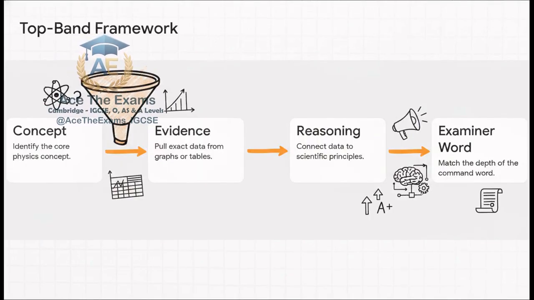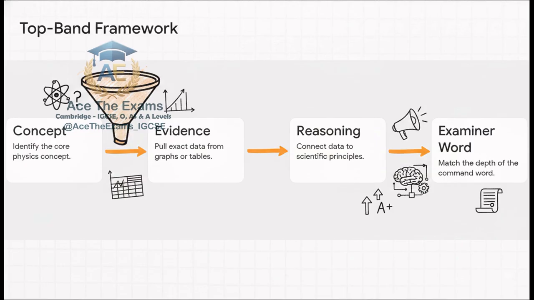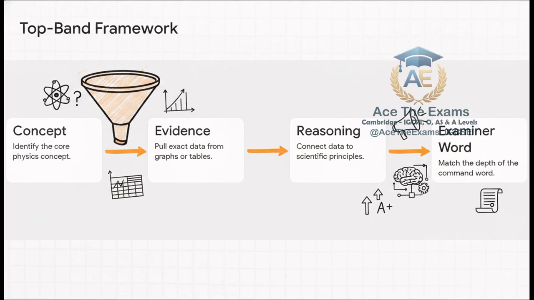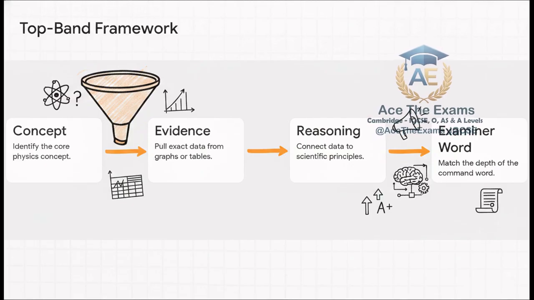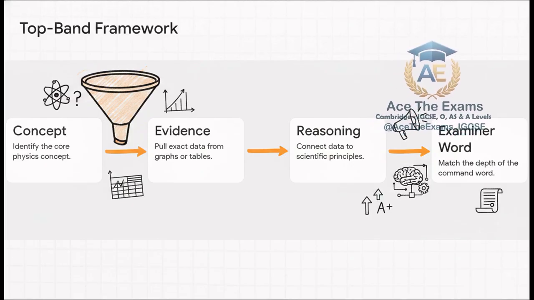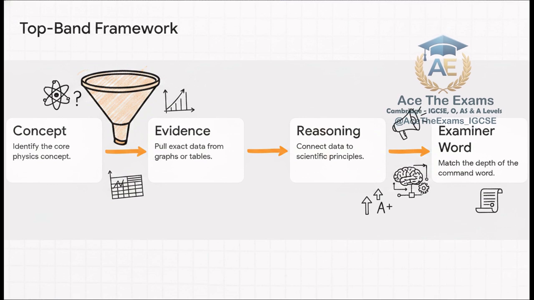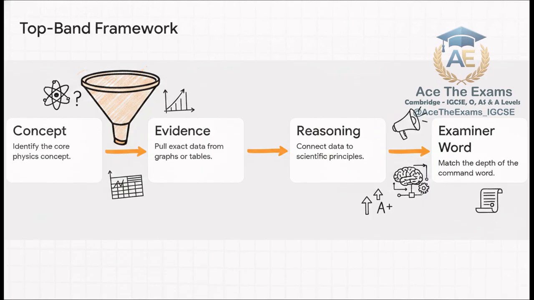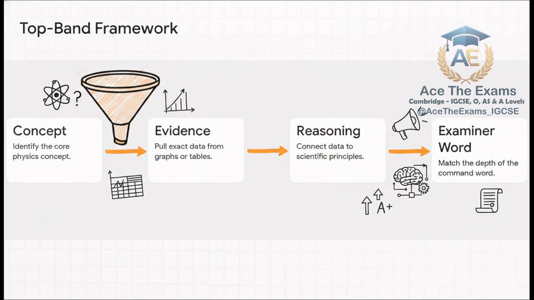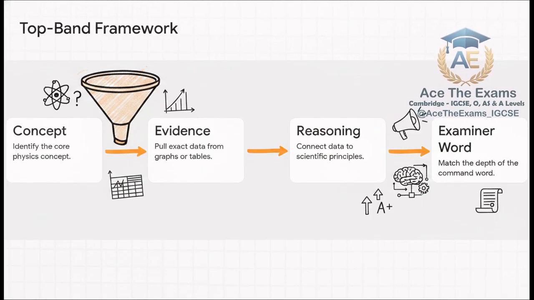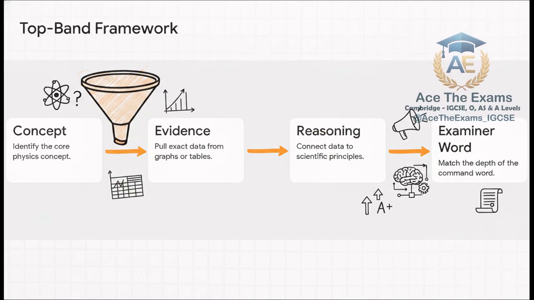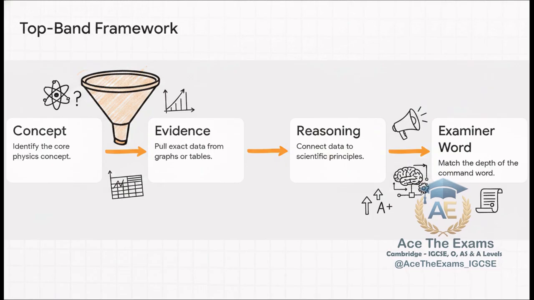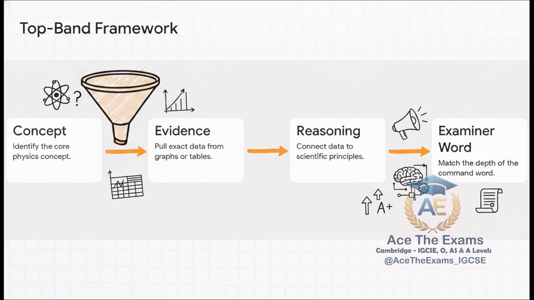The secret to fixing this is what we call the top band framework. Think of it as a 4-step funnel for exam success. Step 1, identify the core concept. Step 2, pull the exact evidence or data from the graphs or tables they give you. Step 3, apply your scientific reasoning to connect that data to the concept. And finally, step 4, package the whole thing using the exact examiner wording dictated by the command word. Funneling your knowledge through these 4 specific steps ensures you directly hit the exact wording the examiner is begging for